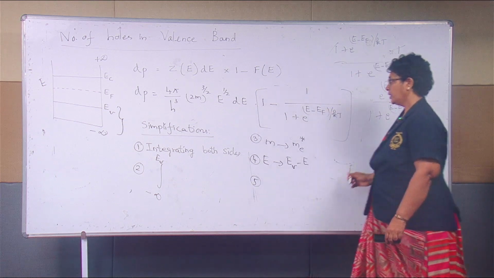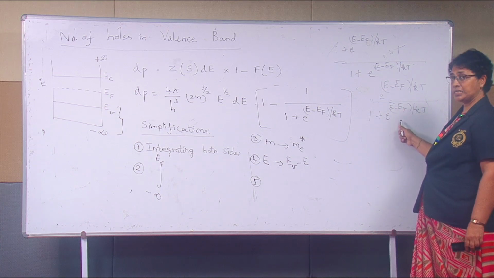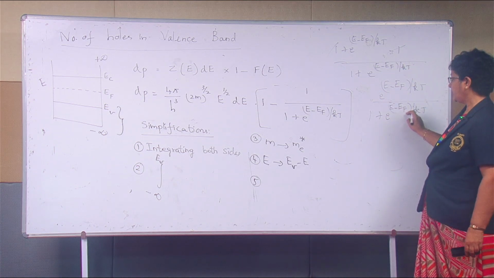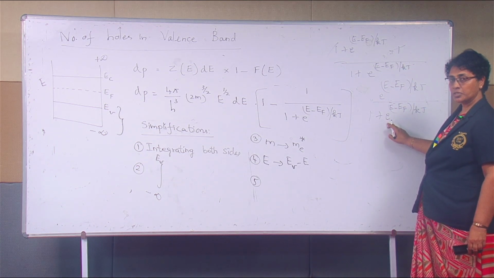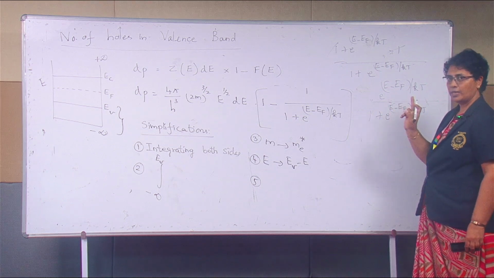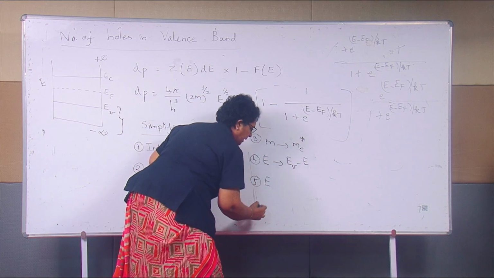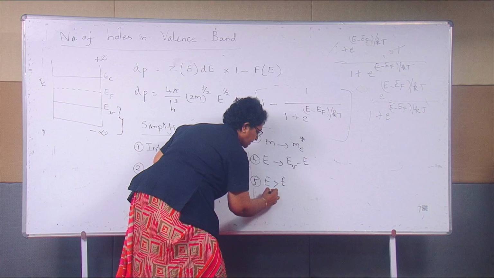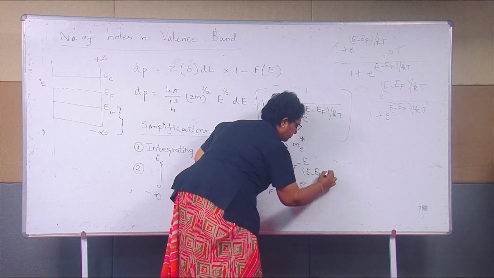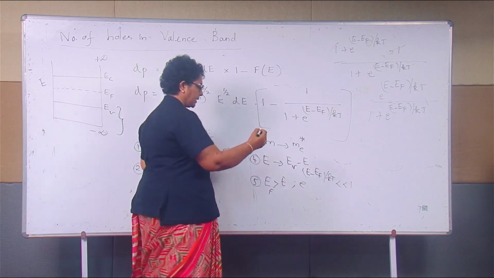So, this value will be very, very small because the exponent will be negative. E minus EF is negative, and the exponential of that negative value is very much lesser than the numerical value 1. So, by neglecting the second term,